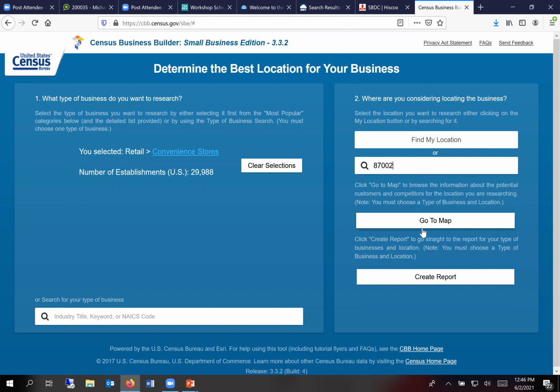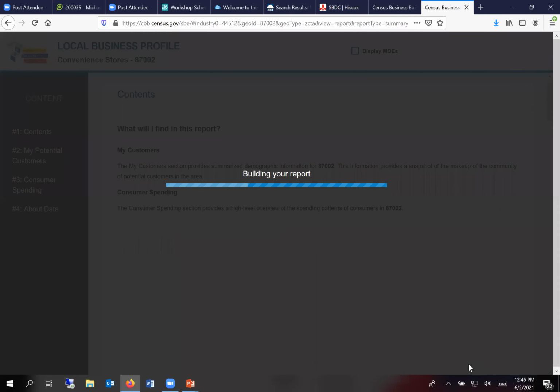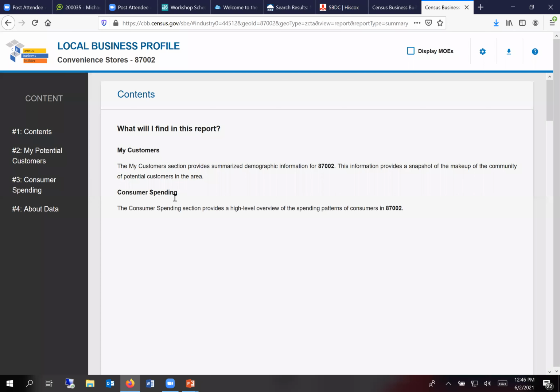And then we could explore these characteristics on the map, the ones I talked about earlier. The map's kind of hard for me to use. It takes up a lot of bandwidth when I'm on the computer and I'm doing a webinar right now. I don't want to explore the map. I prefer the report. I like to read things, see them on a piece of paper. That's how I learned. It's also great if you want to attach this to a business plan, if you're talking about any of the stats in that area.